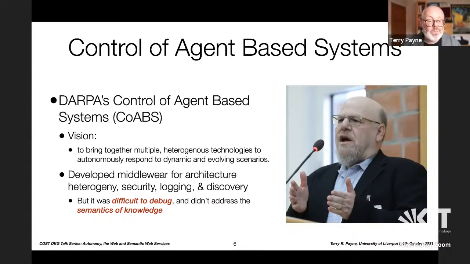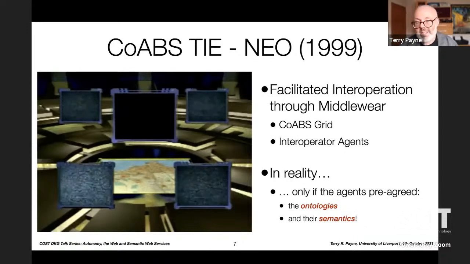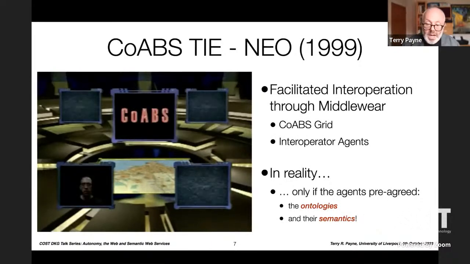And in a way, this was really successful. One of the things that it produced was middleware to support different architecture interoperability, security support, logging support, the discovery of services. Although there were two fundamental problems that we actually found with this. I'm going to put this slide up. And that was either